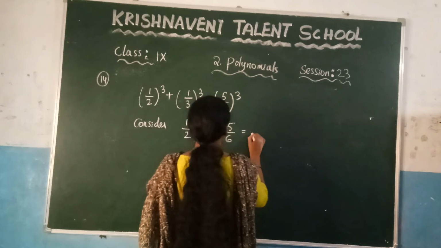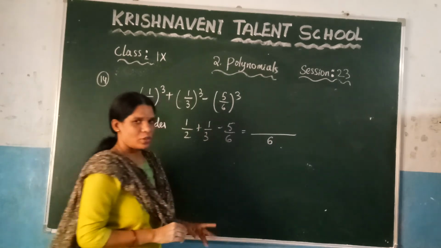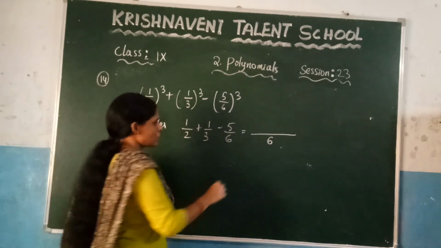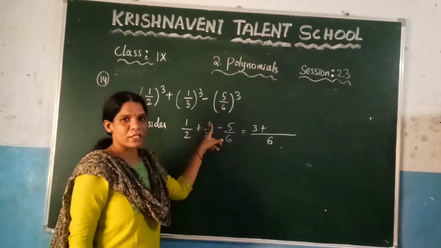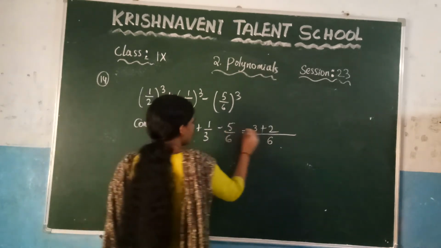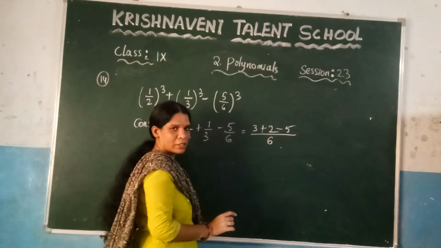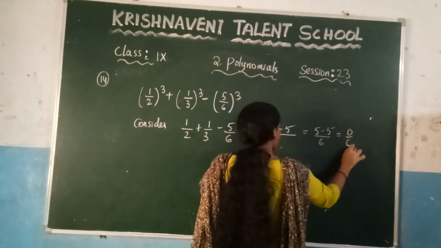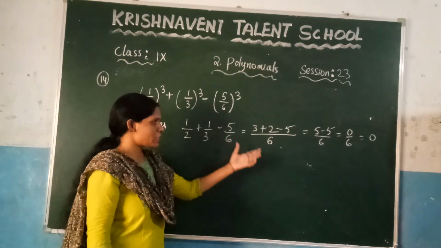So here take the LCM, and you know what the LCM of 2, 3 and 6 is, which is 6, right? In the 2 table, when you get 6, it is nothing but 3. So you need to multiply by 3 here, and you get 3 plus 2. And 6 is the denominator, so directly write what is there in the numerator: 3 plus 2, which is nothing but 5. So you are getting 5/6 minus 5/6, and you know that 0 by 6 gives you 0. So here you are getting the result x + y + z = 0.